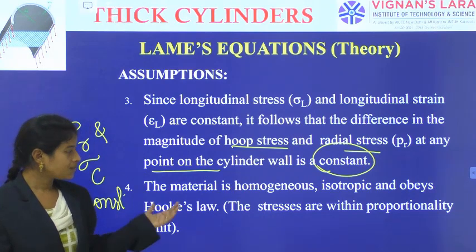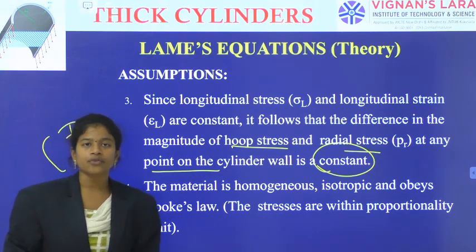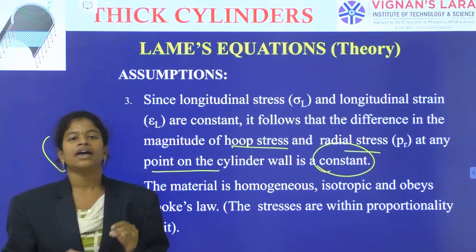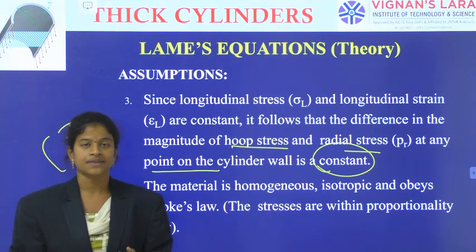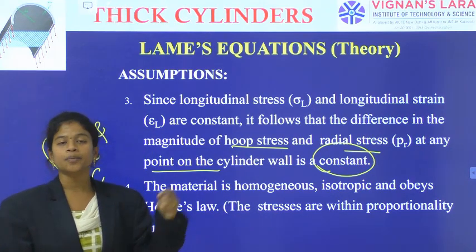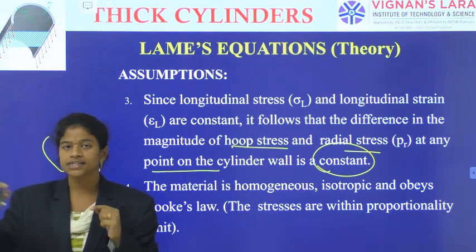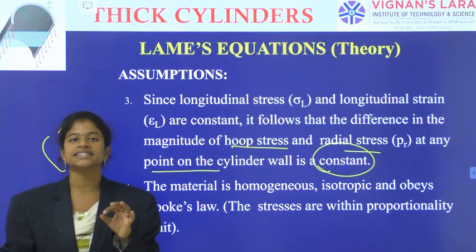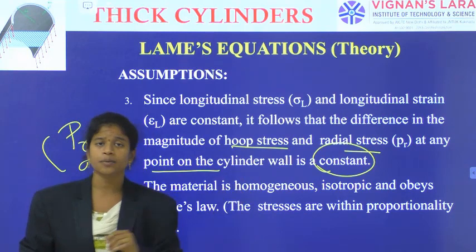concept. Okay, so the material has the nature of homogeneity. Homogeneity means in one direction, wherever you go, along the depth, along the length, it will show the same properties such as Young's modulus, such as Poisson's ratio. Similarly, it has isotropic nature: at a particular point, in the top way or in the bottom way or in the x direction, y direction or z direction, in all the directions it has the same properties. Okay, so that is the isotropic condition, and also it is obeying Hooke's law.